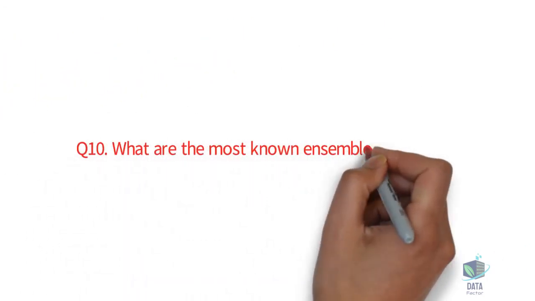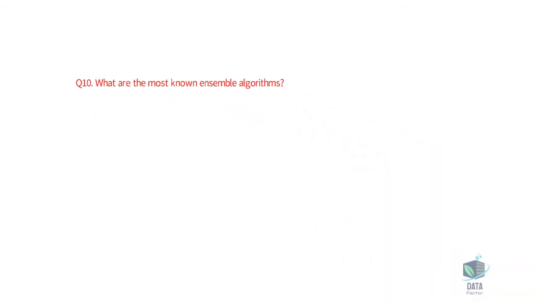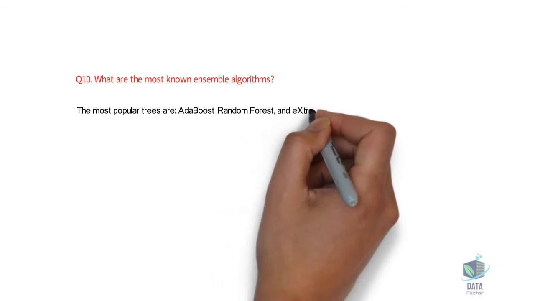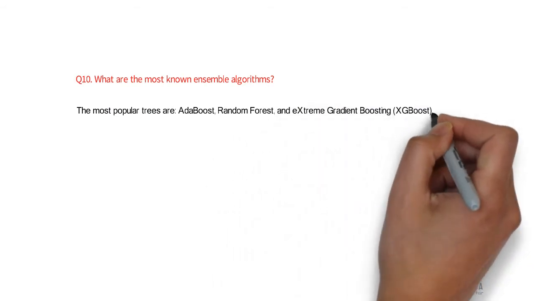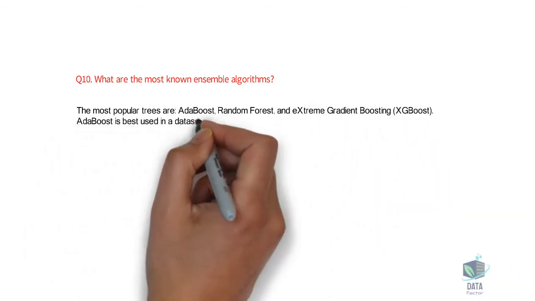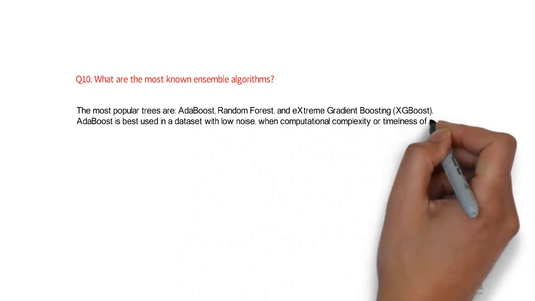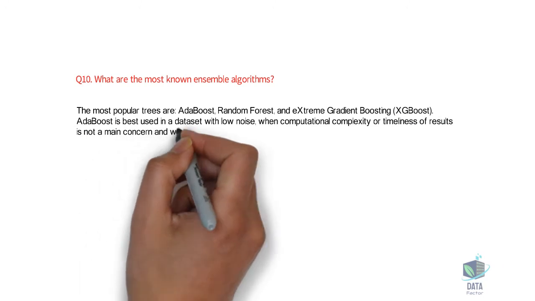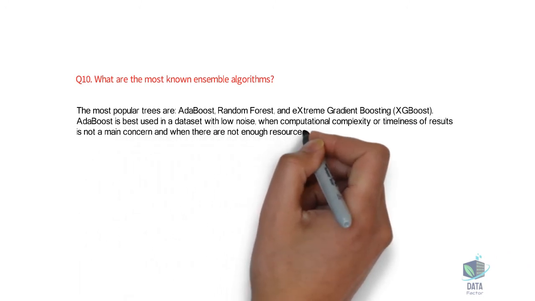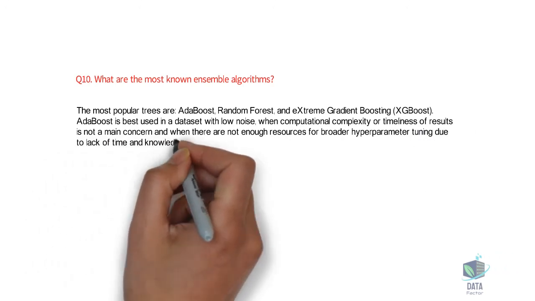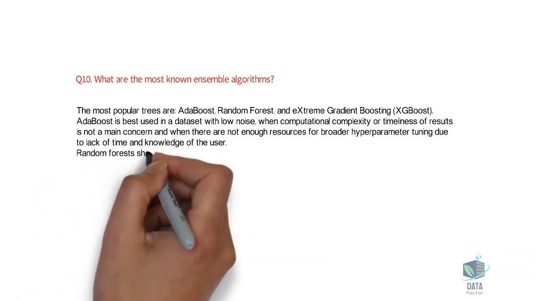Question 10. What are the most known ensemble algorithms? Answer. The most popular trees are AdaBoost, Random Forest, and Extreme Gradient Boosting, XGBoost. AdaBoost is best used in a dataset with low noise, when computational complexity or timeliness of results is not a main concern and when there are not enough resources for broader hyperparameter tuning due to lack of time and knowledge